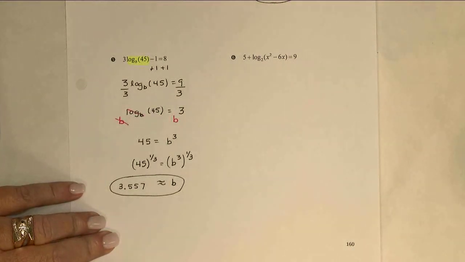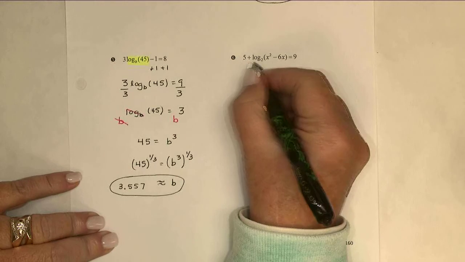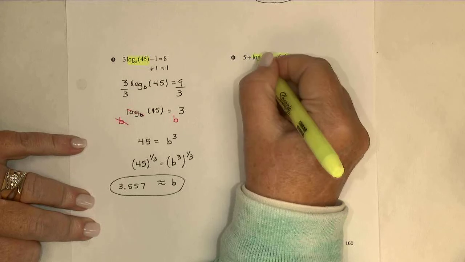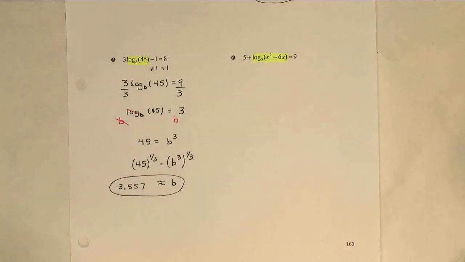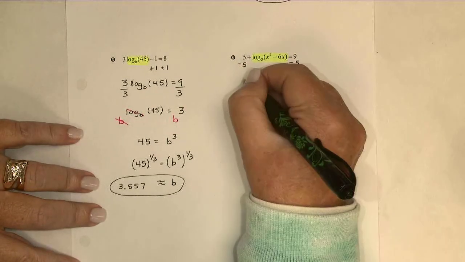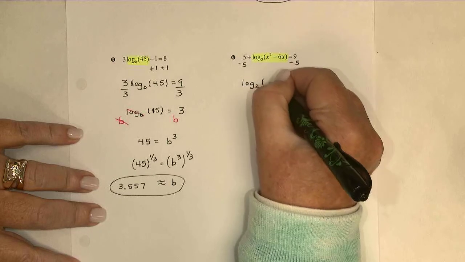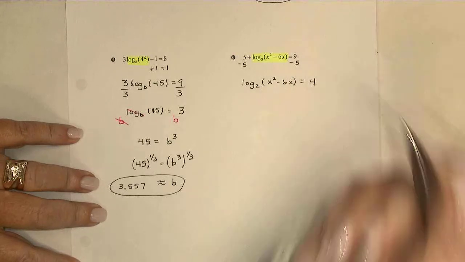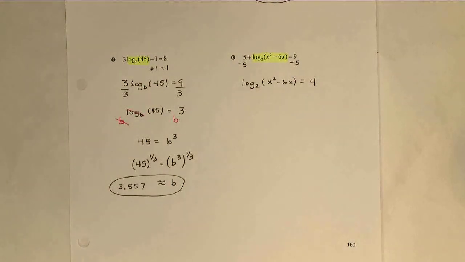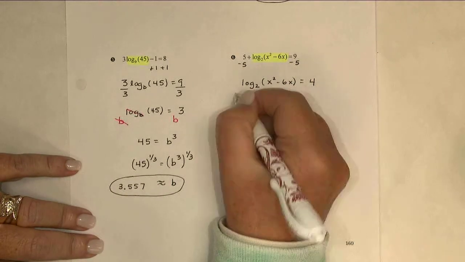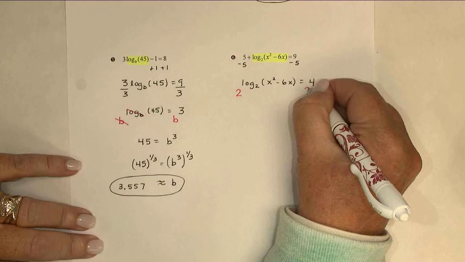All right, one more example of these. Let's see. My logarithm is all of this. All of that x squared minus 6x is inside the argument. So I can't move any of that. That's got to all stay together. The only thing I can do here is subtract the 5. Now that the logarithm is isolated, I'd like to get rid of that logarithm. It's a base 2, so I'll exponentiate both sides on a base of 2,